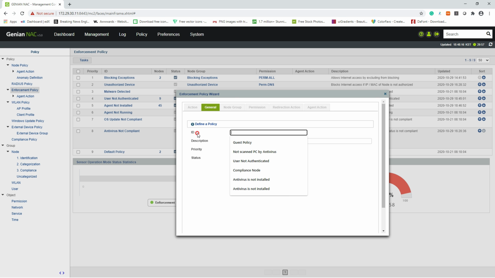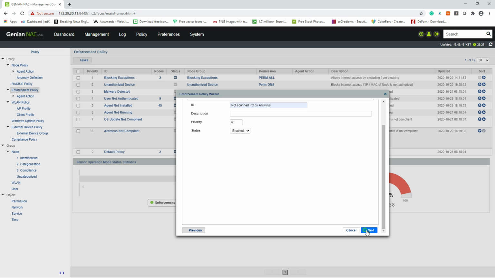Type the enforcement policy name, not scanned PC by antivirus, and change the order of the policy. In order, we will enter the number 5. Number 6, yeah, after the Genian agent installation. And next,